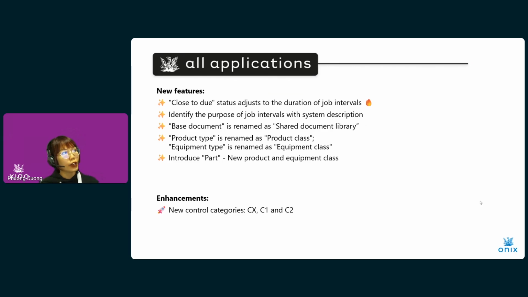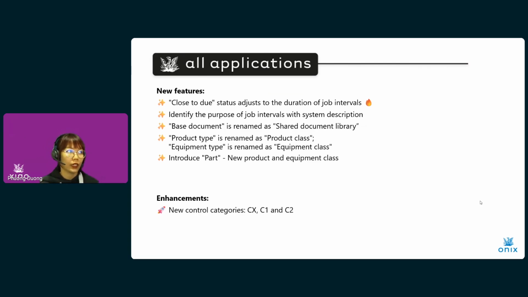So, and the other new features are related to renaming of features or functionality. So the first thing is that base document is now renamed as shared document library. So if you go into Onix Work settings and open the base document, you will see that its name has now been changed to shared document library. And we believe that this rename will better reflect the purpose of this functionality as a central hub to gather all the documents that are shared and reused again and again